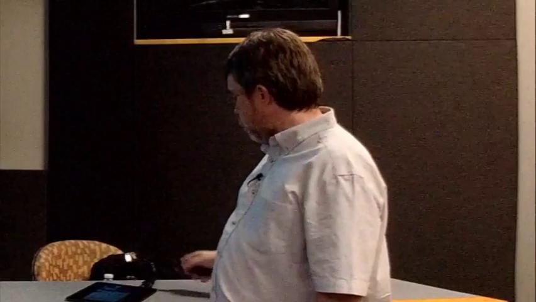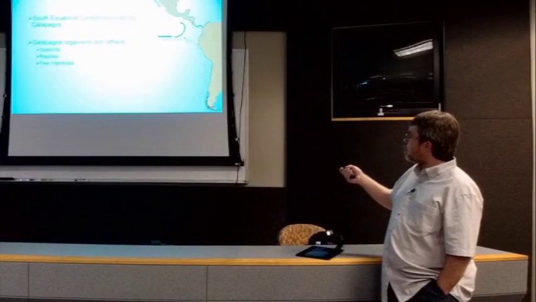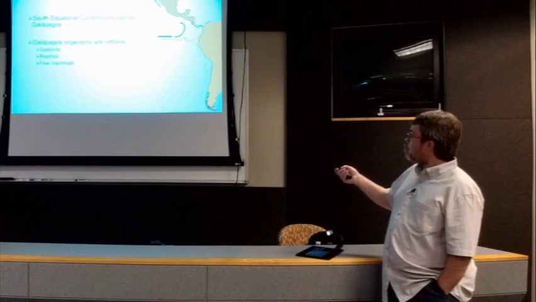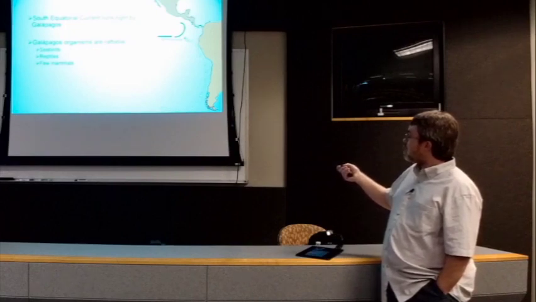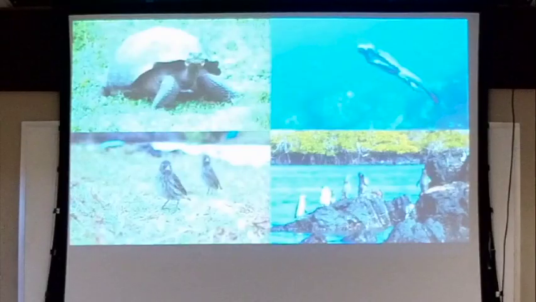Now, what's interesting about the Galapagos, we see that there is an ocean current that runs right up the coast of South America and passes right by the Galapagos. In fact, it's probably only a 2-week trip from here to the islands. The other thing that we see is that these critters are pretty raftable. There's only a handful that we know of native mammals on Galapagos, and they're rice rats.